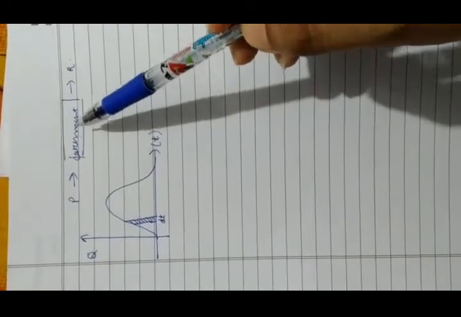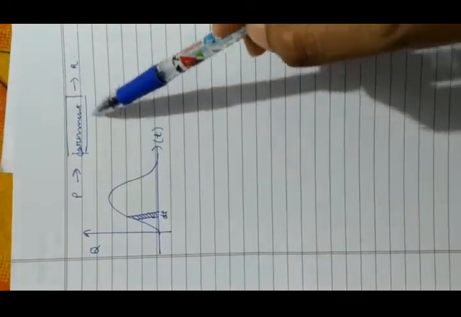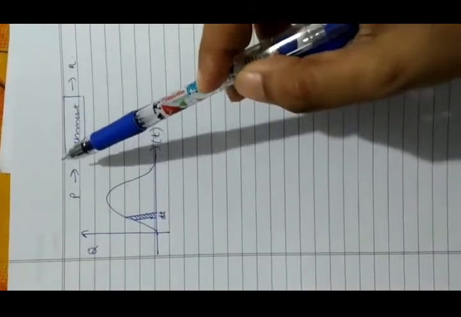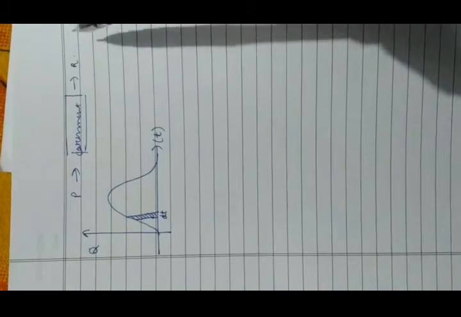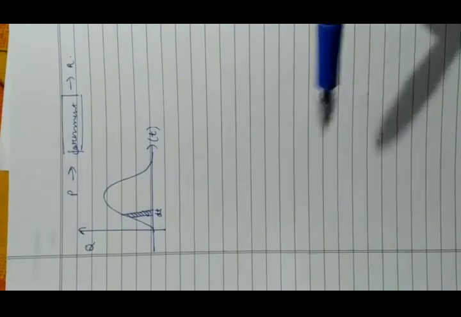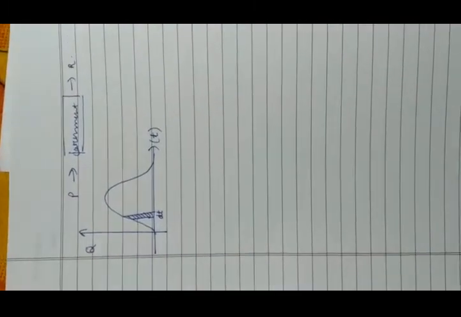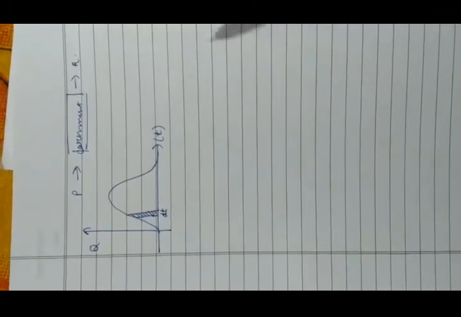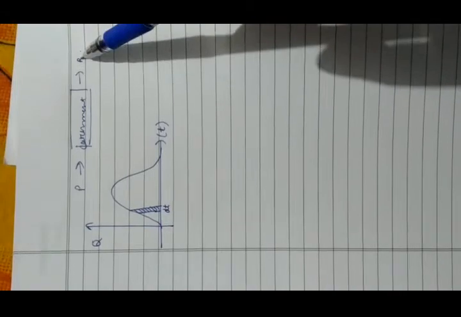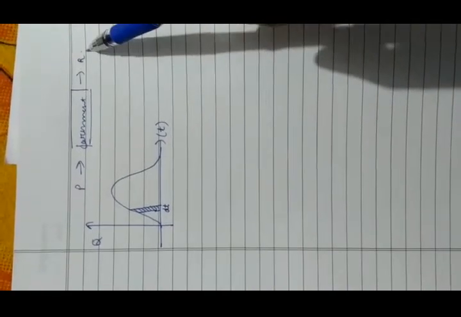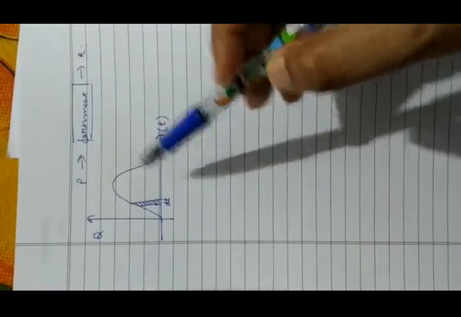Runoff is nothing but, if I represent it in terms of a system, if the catchment is your system and rainfall is an input to that system, then the output will be runoff. In terms of input and output, for a given catchment, runoff is the response of the catchment to a given rainfall event. This response I am recording with time and observing it and naming it as hydrograph.